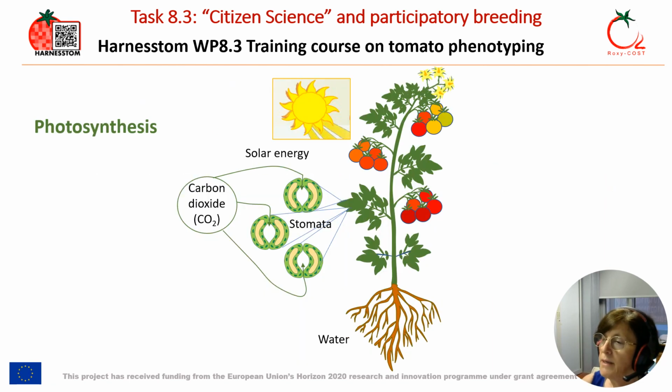Both traits, length and width of the leaves and size of the leaflets, influence the leaf area. Leaves are the most important organ for the photosynthesis process, in which light energy is apprehended by green plants and used to produce carbon compounds from carbon dioxide and water. There is a close relationship between leaf area and solar radiation interception, which is associated with photosynthesis and transpiration processes, both of which are strongly linked to biomass accumulation and productivity.